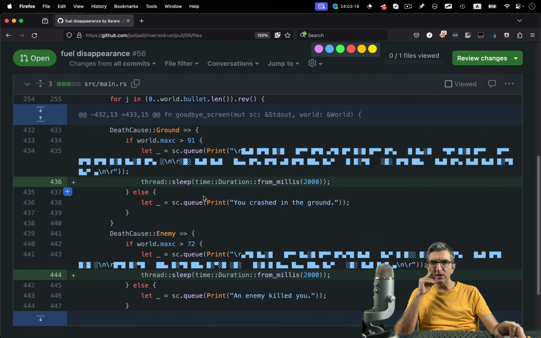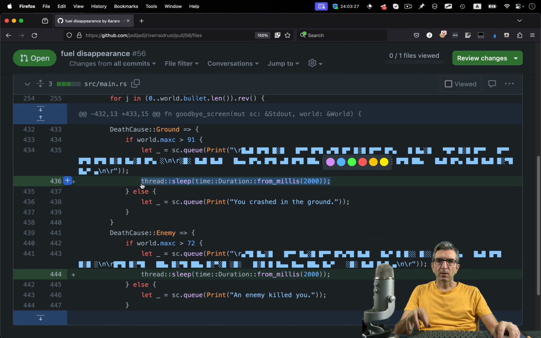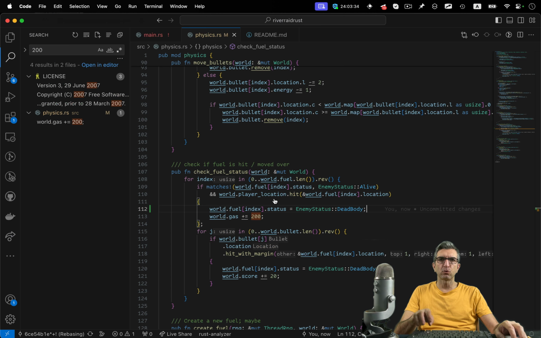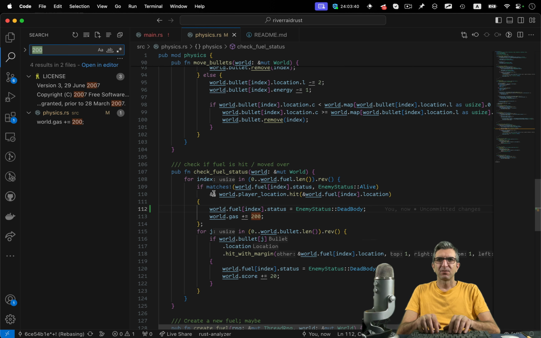He had another change here. He uses threads, or okay, it's only for sleep. On the goodbye, he says this one, dead cows. For ground and for the enemy, he adds 2 seconds. So when you're playing and just press space, you don't lose this page.